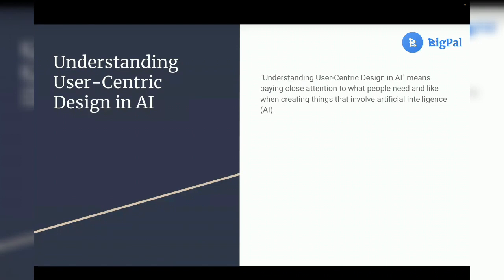Another very important one: understanding user-centric design in AI. This means paying close attention to what people need and like when creating things that involve AI. I already gave an example of how me and my friends came about BigPal. Let's use another example: ChatGPT. ChatGPT has saved so many lives. It saved mine, and I can say the same for almost any student right now. You won't make something that people don't need,